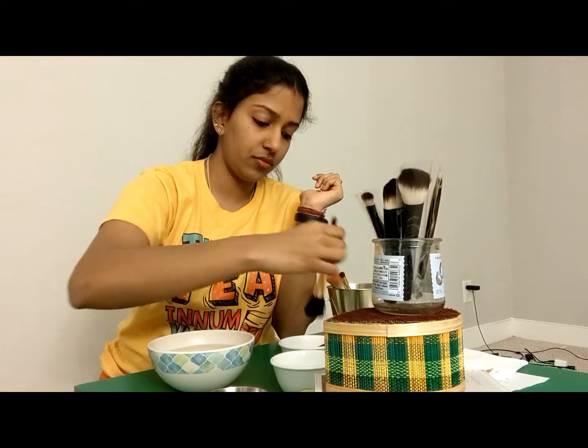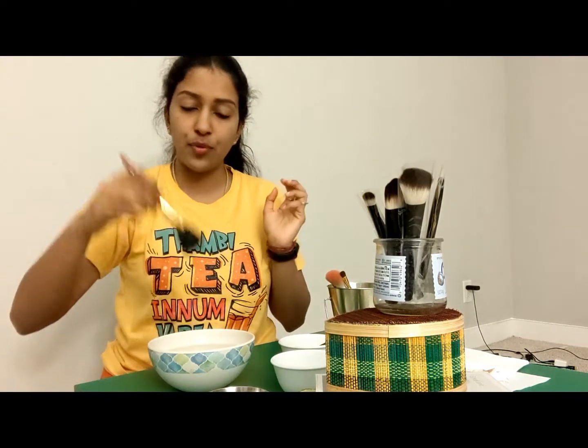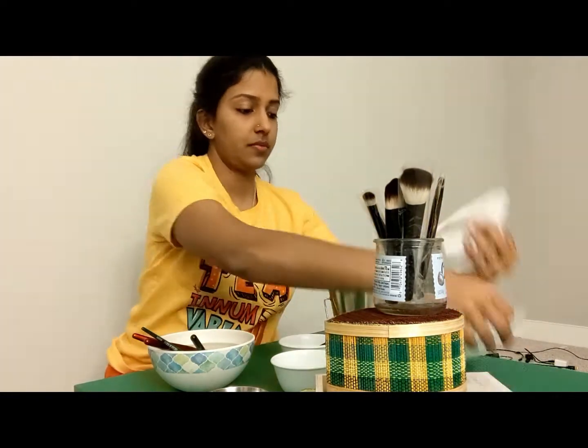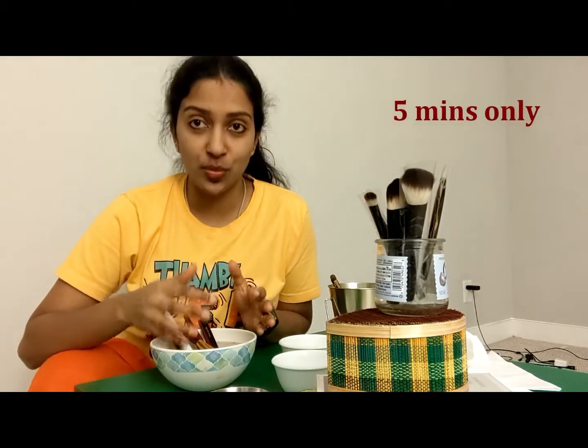Why we are adding the lemon juice is, a lot of us will not like the pungent smell of vinegar, so the brushes might also have the smell after you've cleansed them. The lemon will counter the smell of the vinegar and keep your brushes smelling fresh. I'm taking the olive oil cleansed brushes and putting them in this mixture of water, apple cider vinegar and lemon juice. You can also use your hands to gently squeeze the water. I'm going to leave the brushes soaked in this vinegar, lemon juice and water mixture for about 5